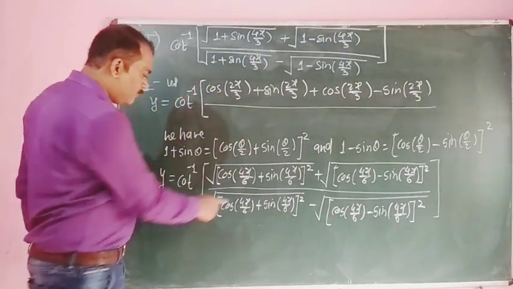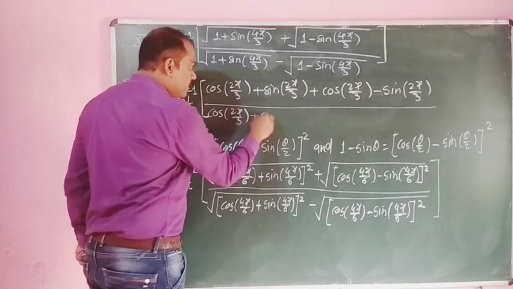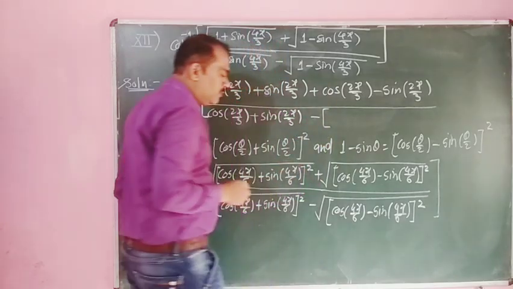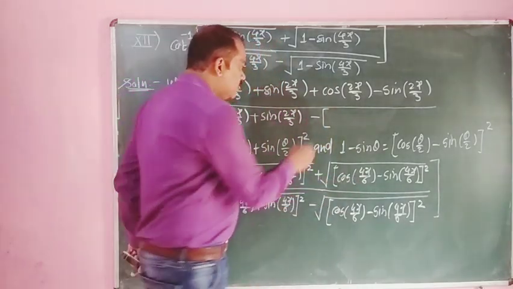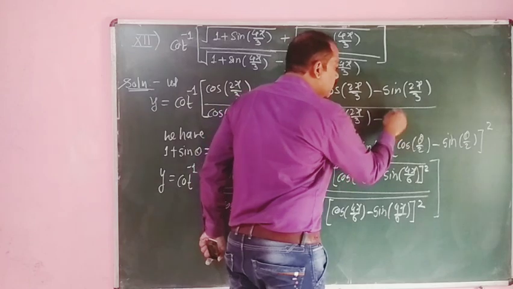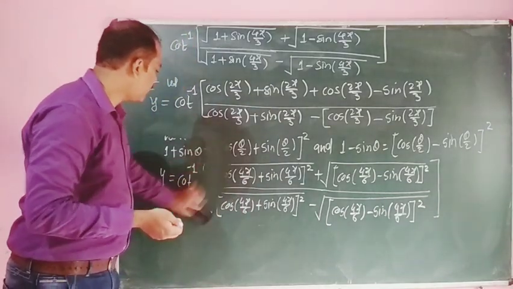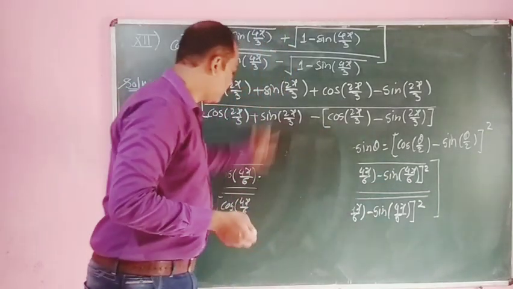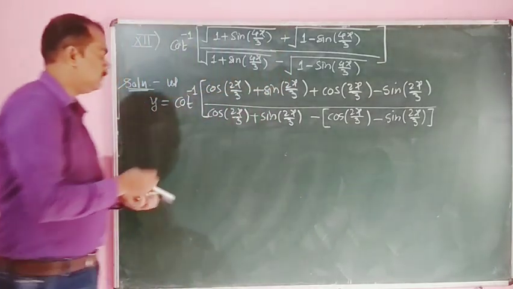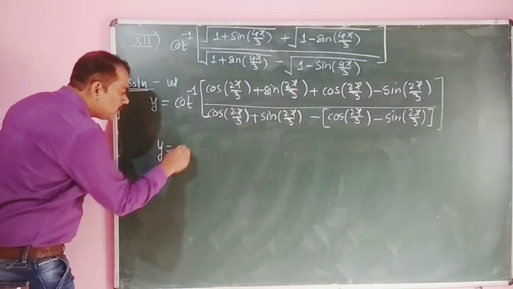here square and square root get cancelled, 4x by 6 is nothing but 2x by 3, that is cos of 2x by 3 plus sine of 2x by 3 minus bracket, due to minus sign we have to write inside the bracket, square and square root get cancelled, so that remaining cos of 2x by 3 minus sine of 2x by 3. That is y is equal to cot inverse of